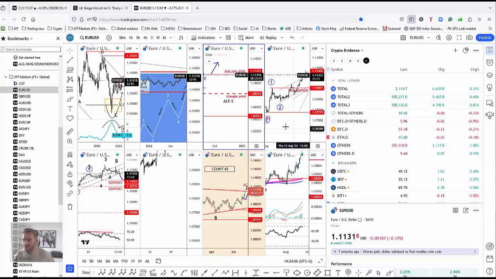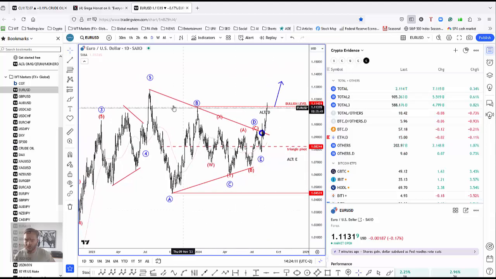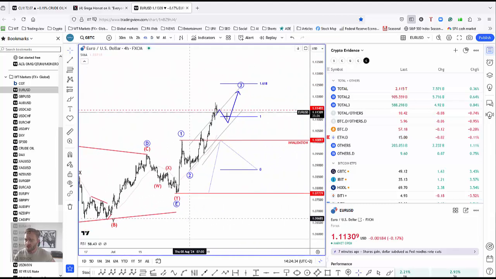Now, what's happening on the euro dollar? We are seeing some very nice and strong push to the upside. I believe that we are coming out of a triangle here, and we are testing some important resistance right now, I should say at 1.1143. So this could possibly cause some near-term retracements, and ideally if this retracement shows up in the near term, this will give traders opportunities to join the uptrend.